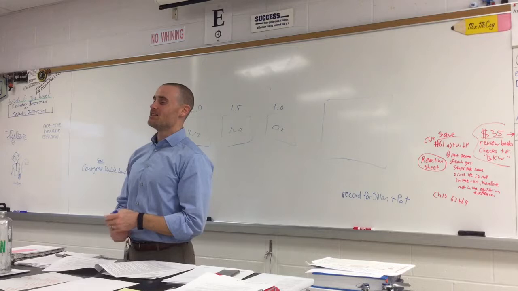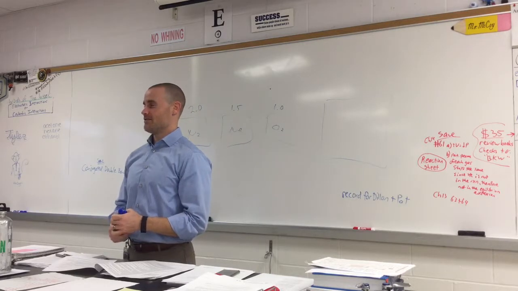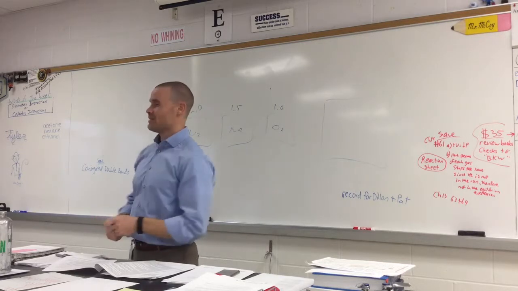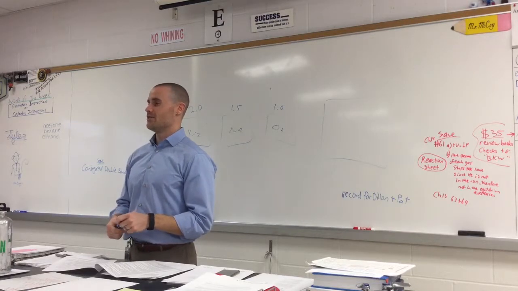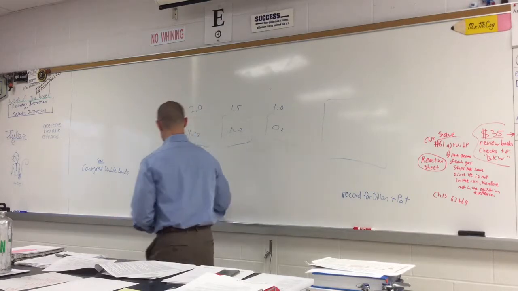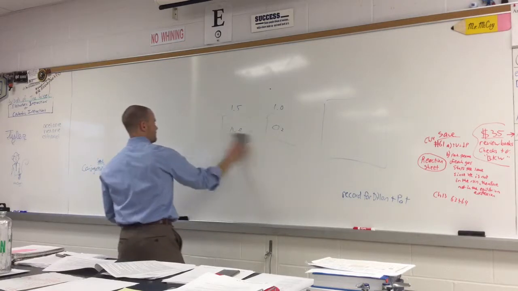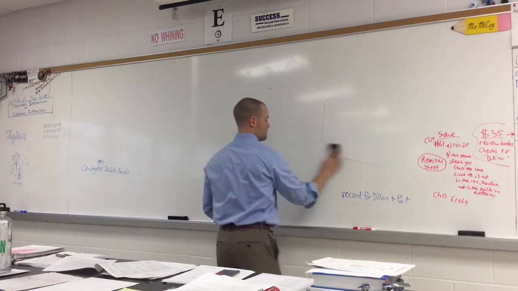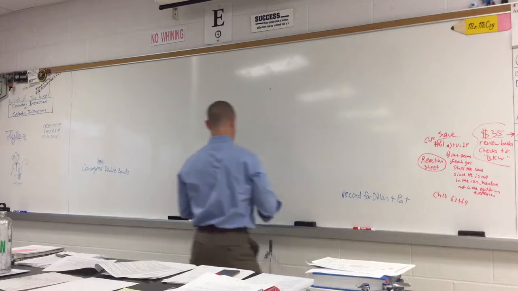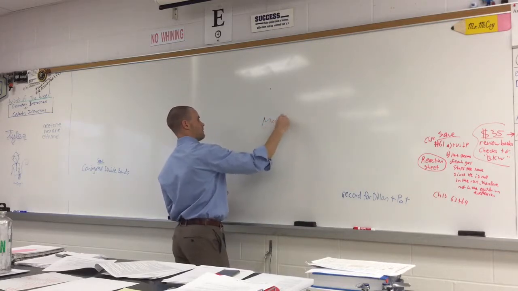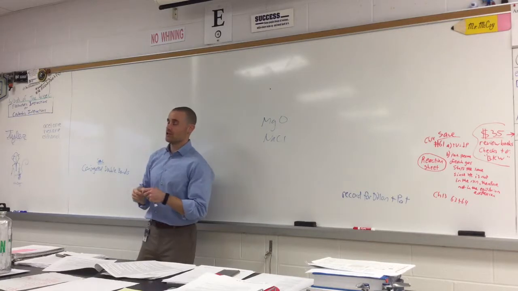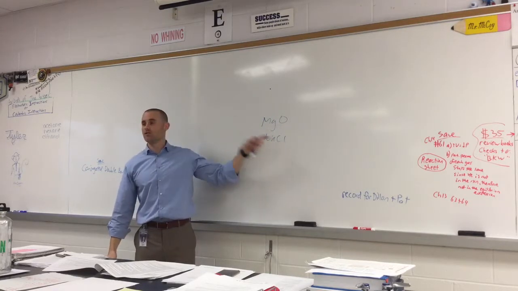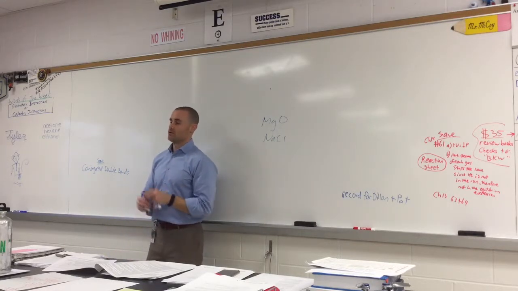Lattice energy only applies to ionic compounds. Coulombic interactions: MgO has much higher lattice energy than NaCl. Why? What are the two things that affect how strong the lattice energy is? Lattice energy is the energy required to dissociate 1 mole of an ionic compound. So how hard is it to rip that apart?